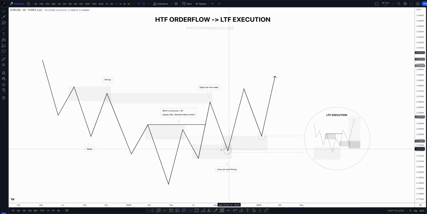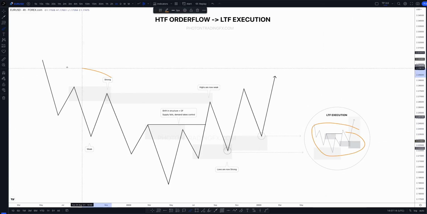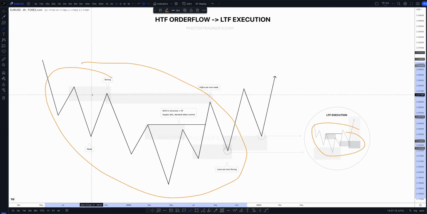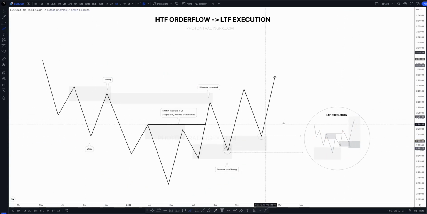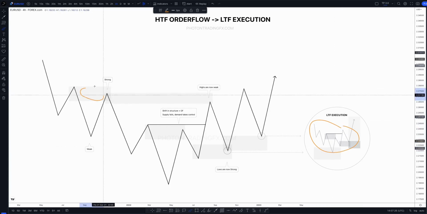Remember, markets are fractal, so price comes in the lower time frames, and this pattern is the exact same as this pattern, right? It's just price being bearish, then it's just bullish, and we get another demand. Same thing here, right? But this lower time frame execution is what we're going to be using in every one of these higher time frame POIs, right? Not every single one, but whenever you want to trade a higher time frame POI, if you deem it to be high probability, you've built the higher time frame story,